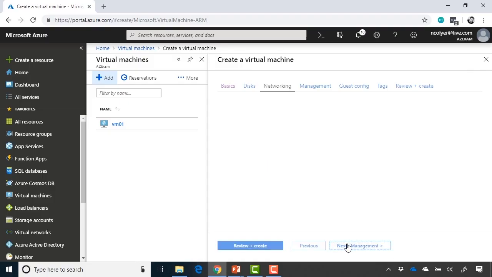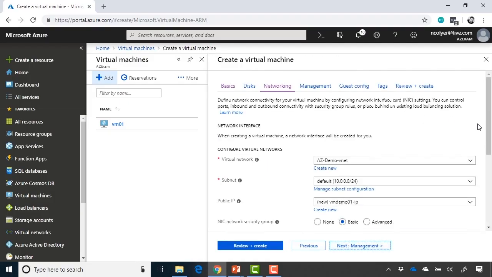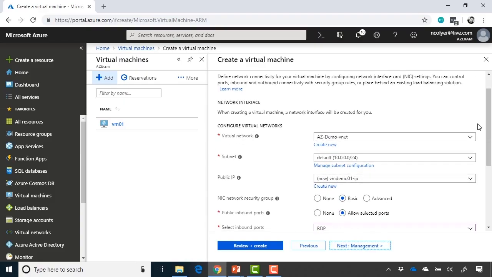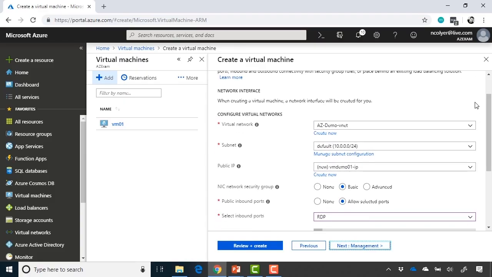Next, we move on to networking. And in networking, first of all, you're going to see details around the network interface. So when you create a virtual machine, a network interface card is created for you and is associated with the virtual machine. I choose my virtual network that I want to connect this virtual machine to. So again, I could create a new virtual network or just connect it to a virtual network I already have. In your enterprise, you'll probably have a scheme of networks and subnets that you want to utilize. Choose the subnet. In my case, I just have the 10.0.0.0/24 subnet that I'm going to use,